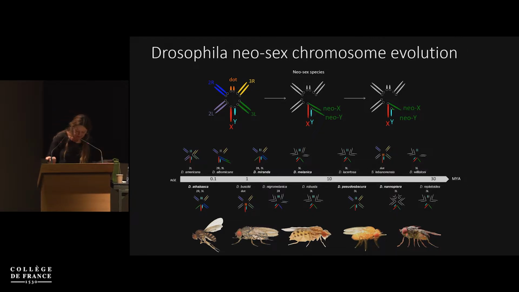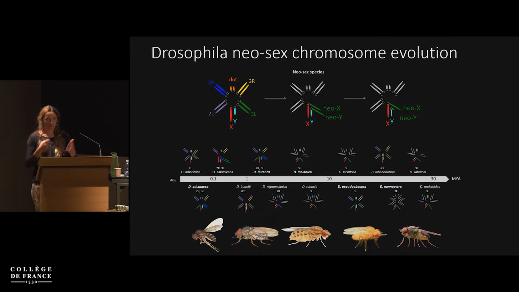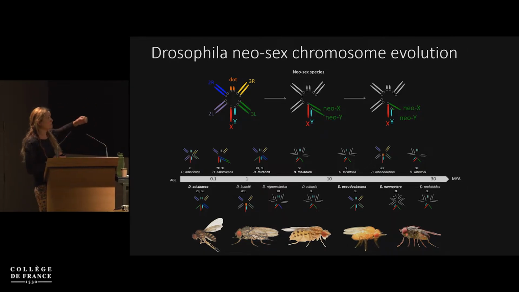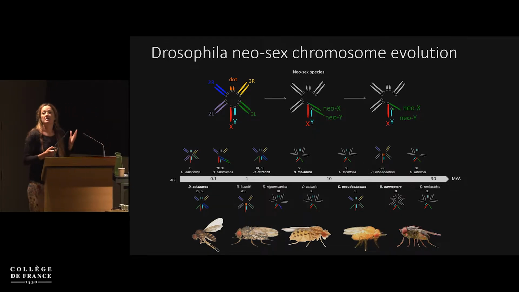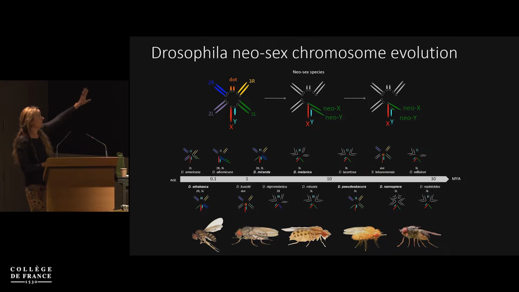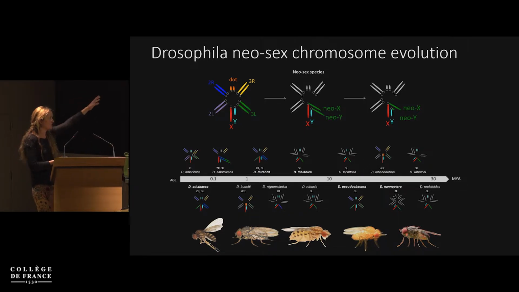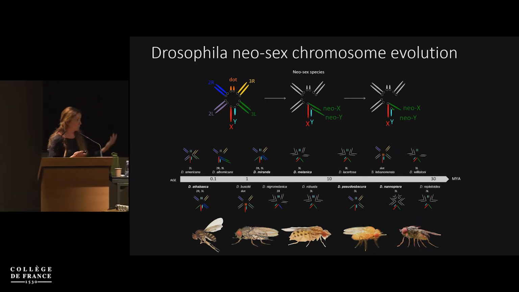And so in the past 5 or 6 years, we have spent a lot of effort trying to develop sequencing approaches to actually be able to fully sequence those diverging and heteromorphic sex chromosomes. And in the past couple of years, we have acquired whole genome sequences of Y chromosomes from about a dozen different Drosophila species that have neo-Y chromosomes that were formed at different time periods, some very young ones, some very much older ones.